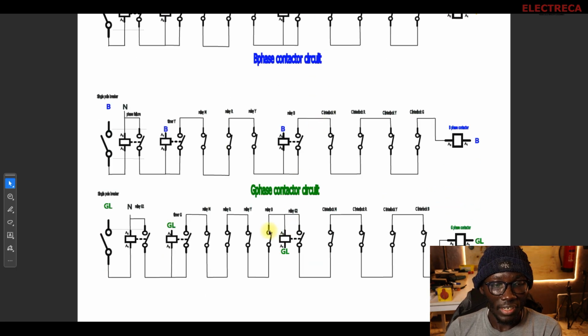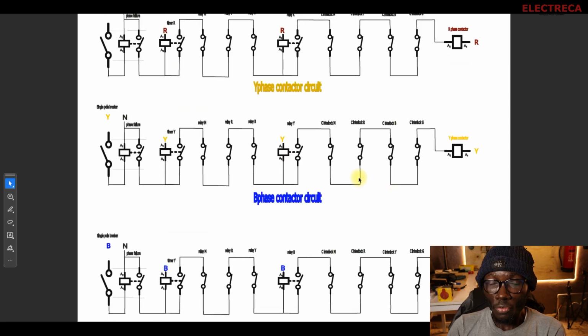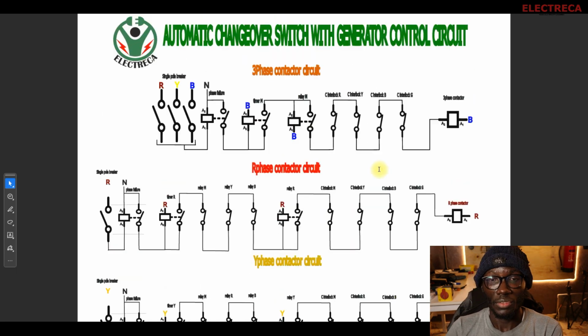Then when we come to the generator, we have a breaker, we have the gen relay, we have the timer, and then we have the second relay, and then the interlocks. Okay, so for the interlock, each contactor must go through the 4 contactors. Okay,